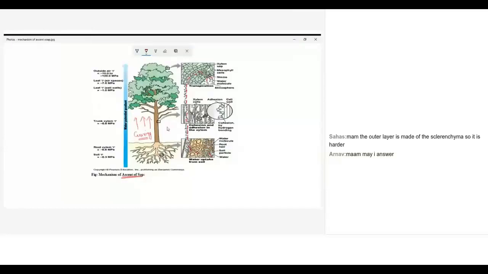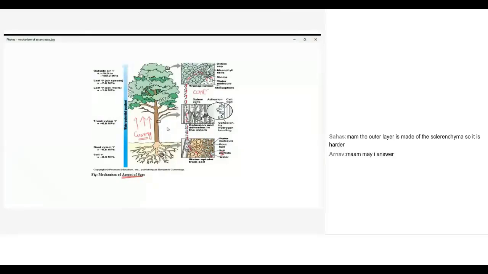Ascent here means ascending, as in ascending order, descending order. Ascending always means from low to high, isn't it? So ascending of sap. Sap is nothing but the water and other nutrients which are there inside the soil particles. Okay. So how is this happening? Now a theory was proposed to explain this. The theory is called